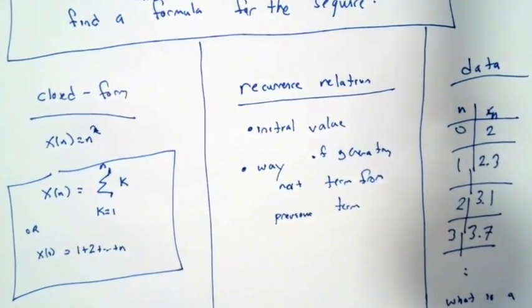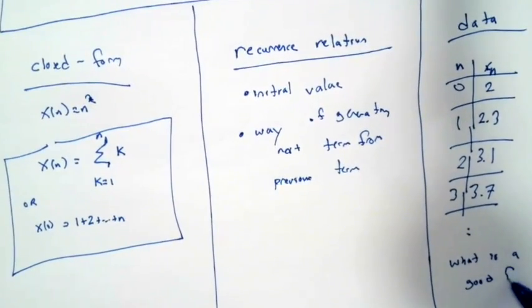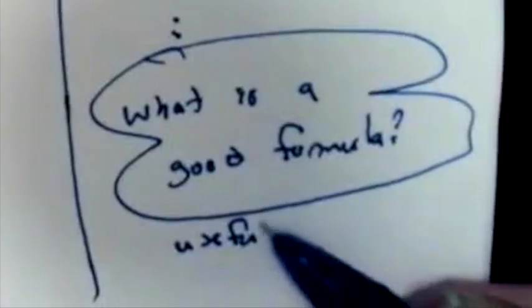Now, with this case, you're not going to get something that fits exactly. It's likely that you'll have a gap between your formula and your data, but that's okay. As long as it's useful for prediction, it doesn't have to be perfect. So first I'm going to talk about recurrence relations. A recurrence relation